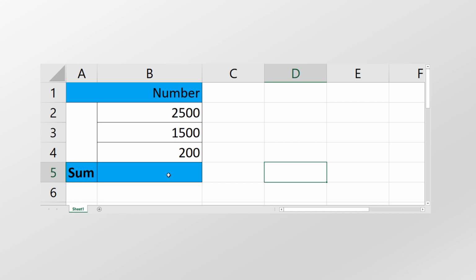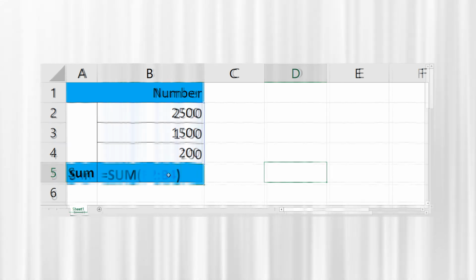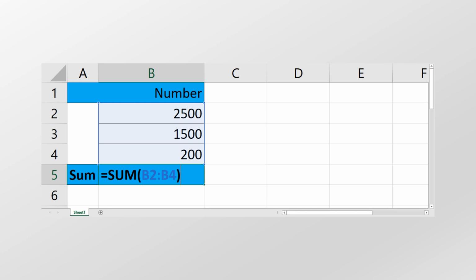Well, let's see it with an example. What will be the sum of these three numbers? Is your answer to this question 4200? See? Excel gives the sum of these three numbers as 3800. Do you think you failed at a basic addition problem? Don't think like that. You are a mathematical prodigy.